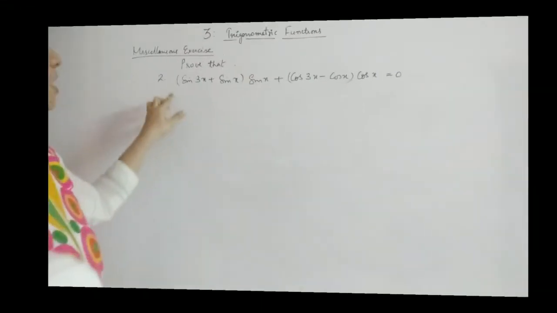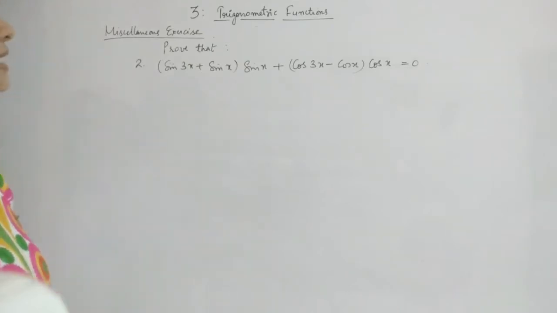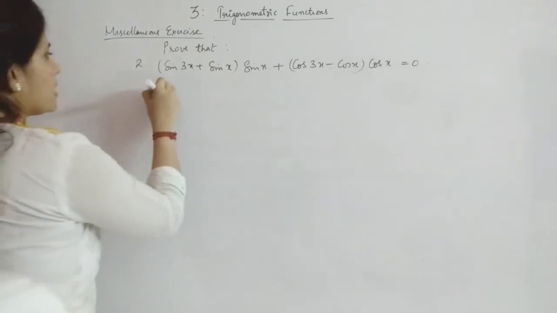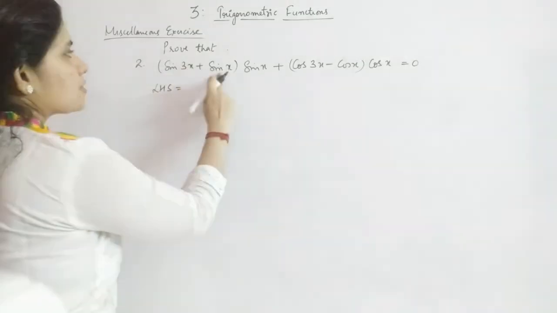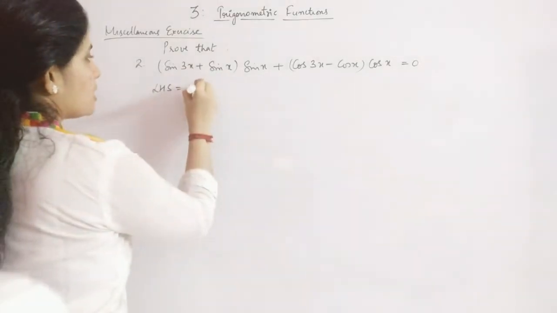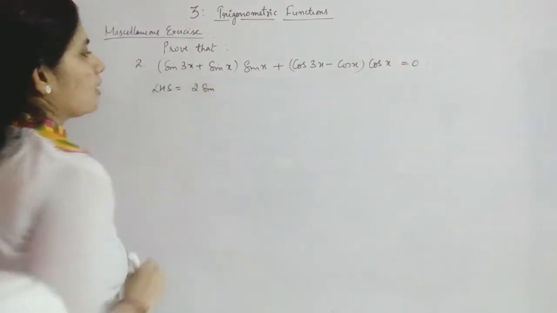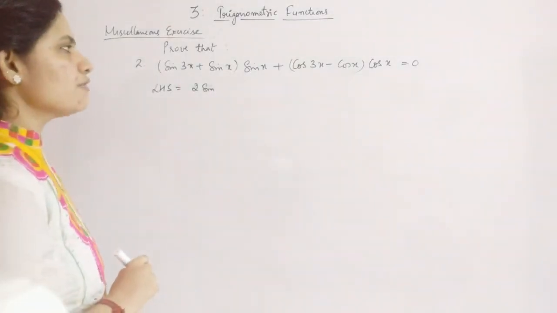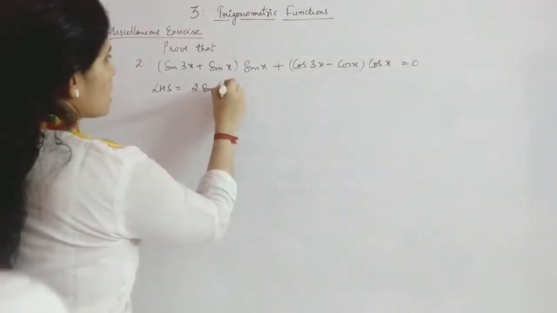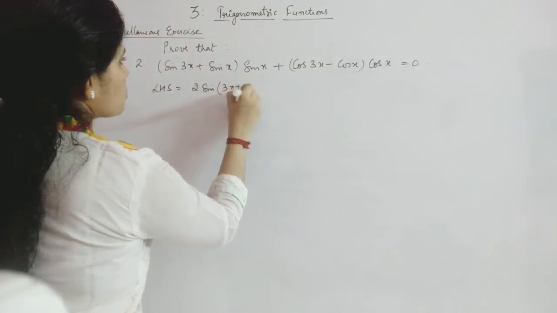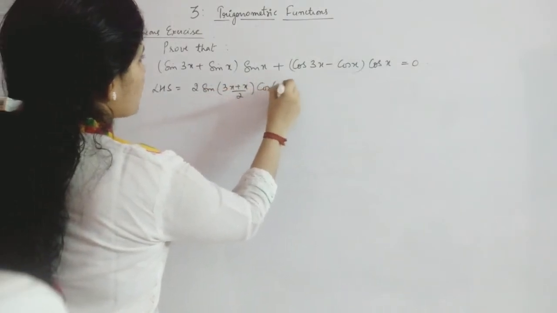Okay. Question number 2 is (sin 3x plus sin x) into sin x plus (cos 3x minus cos x) into cos x is equal to 0. So we will start with LHS. This is sin x plus sin y form. So we will use the formula as 2 sin of (x plus y) by 2 cos of (x minus y) by 2. So here you will get 2 sin of (3x plus x) by 2 into cos of (3x minus x) by 2,